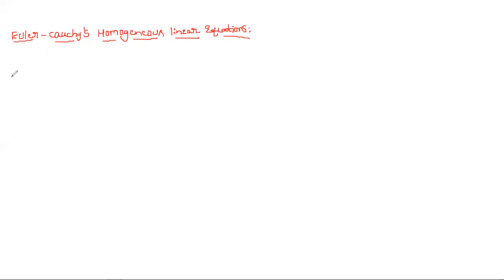So for converting that, we use a suitable substitution. That substitution is the only important and new thing here, and the remaining is as usual, just like the previous methods. From type 1 to type 5, whatever methods we applied, you need to apply here. The only difference in this topic is that the given differential equation you need to convert into a linear differential equation with constant coefficients. For that we use a suitable substitution.